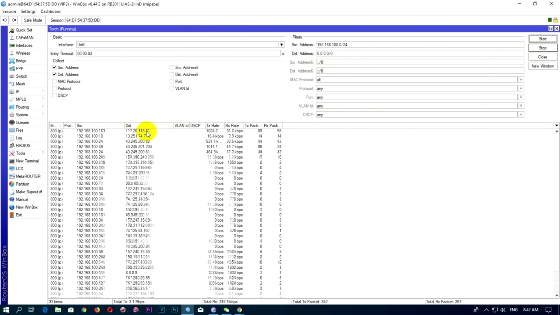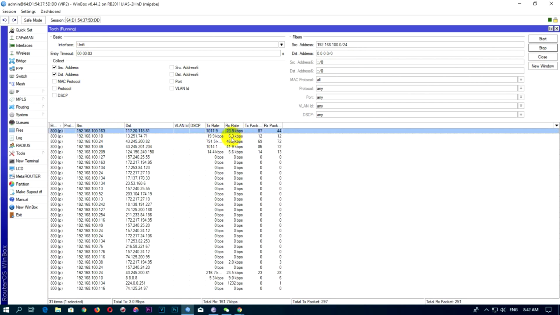Okay, this one is Unify, right? This is the Unify LAN, which uses the IP address 192.168. This is the Unify IP address that we use. 192.168.100.163, okay, 163 is using too much. Yes, and then you can scroll down. Okay, 63 and 10 and 24 and 34, the speed will be up like this. Also you can rank